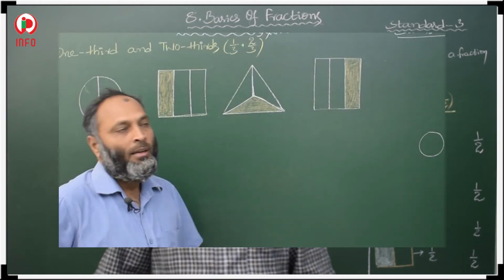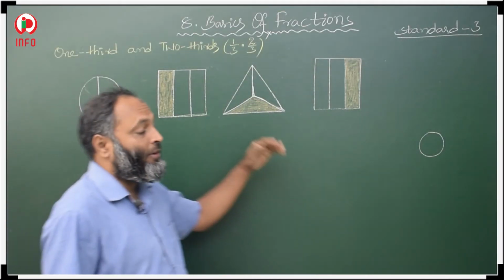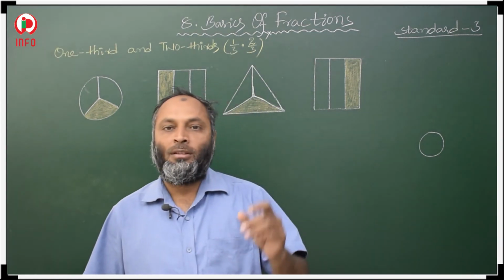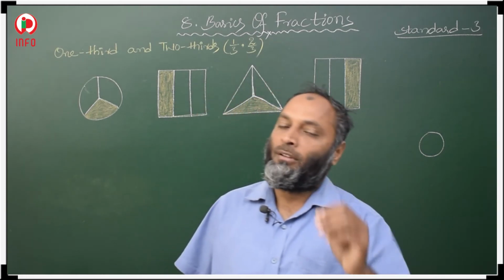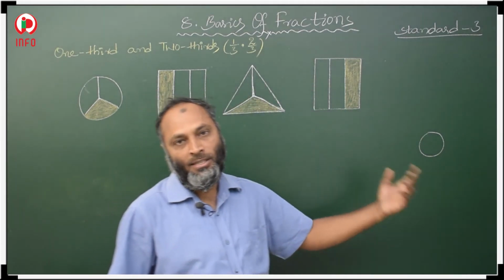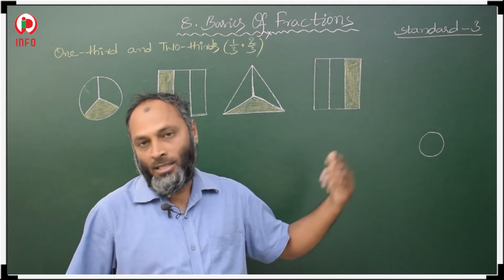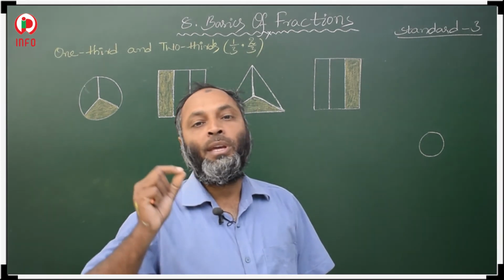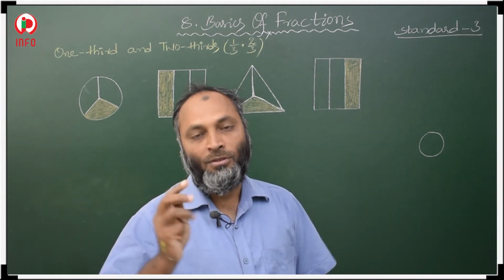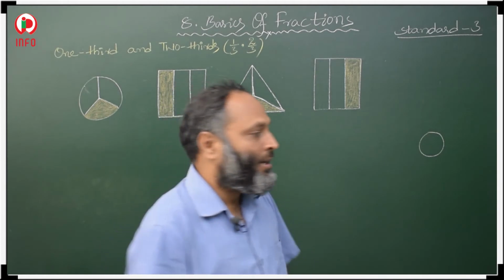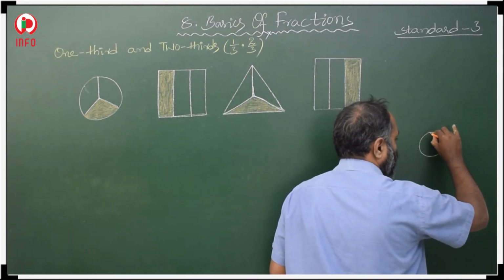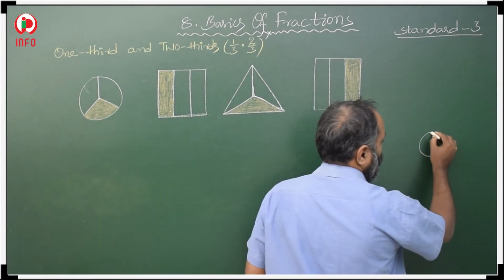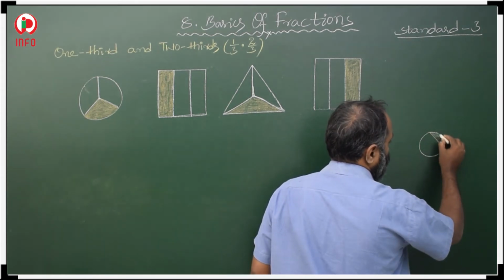Okay. Now students, before what we did, half means 1 by 2. So, what is meant by 1 by 2? 1 by 2 means we have to divide into 2 equal parts, whether it is a square or a triangle or a circle, whatever it is. So, the condition is we have to divide into 2 equal parts. This is important. Suppose here, if we divide this circle into 2 parts, this is the first part, this is the second part. If I shade this portion,